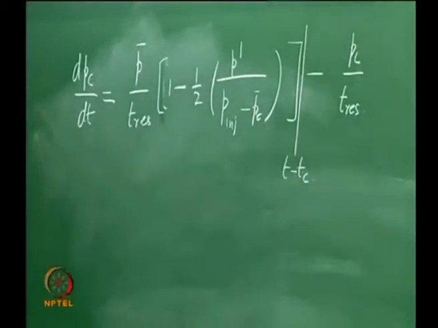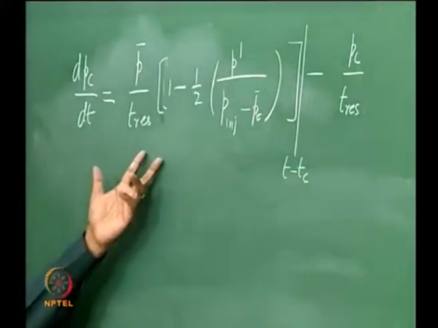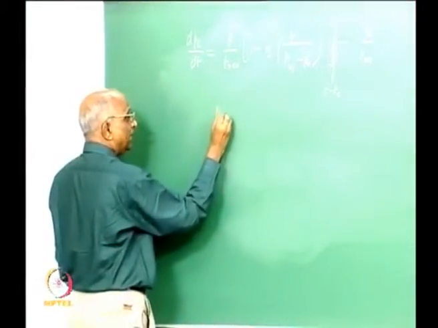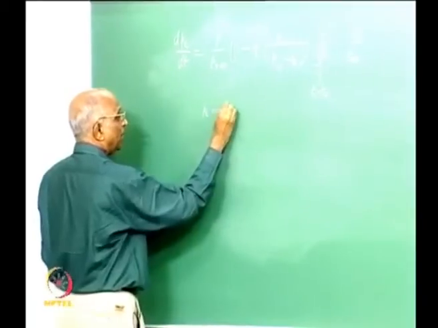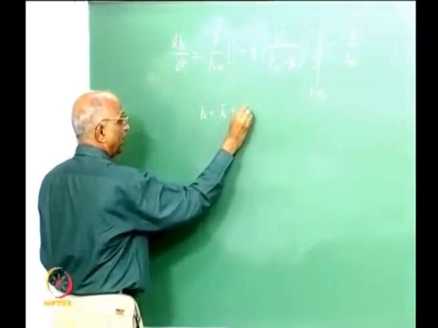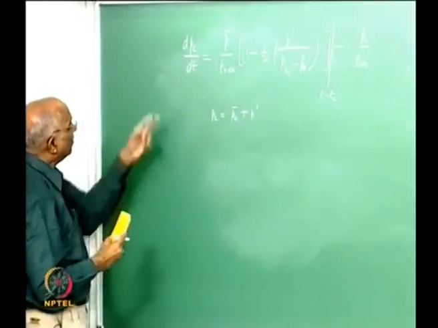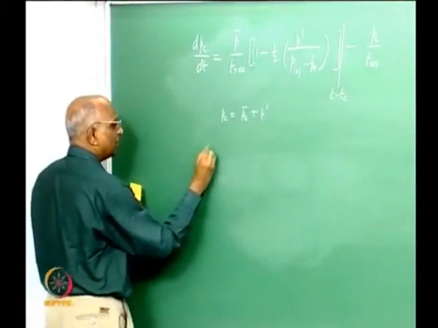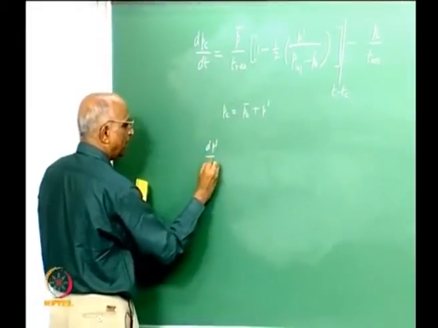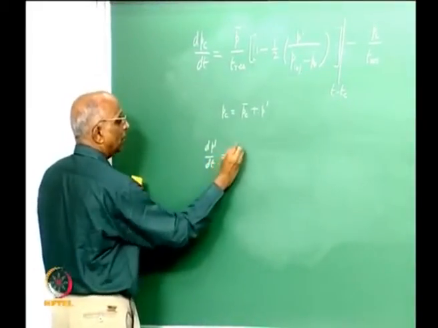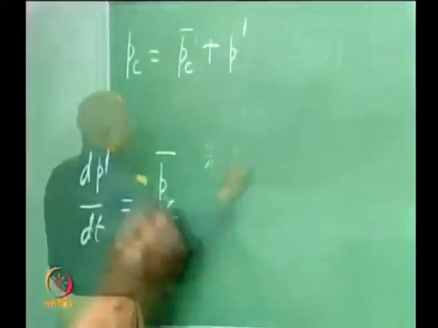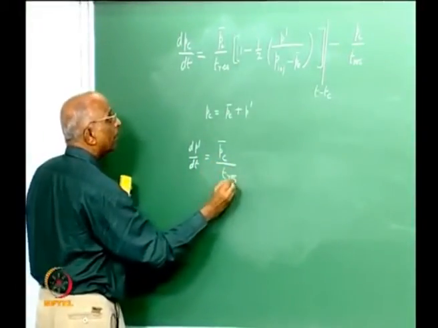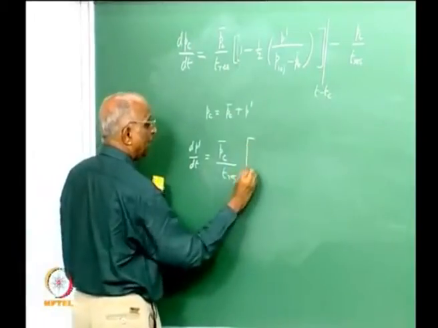I need to make some changes in order to understand this, and therefore now I say we have already told, well, Pc at any time is equal to Pc bar plus the value of P prime, and therefore if I were to change, Pc bar does not change, I can write this equation as dP prime by dt as equal to the value of Pc, that is chamber pressure steady, divided by T residence into, I get the value 1